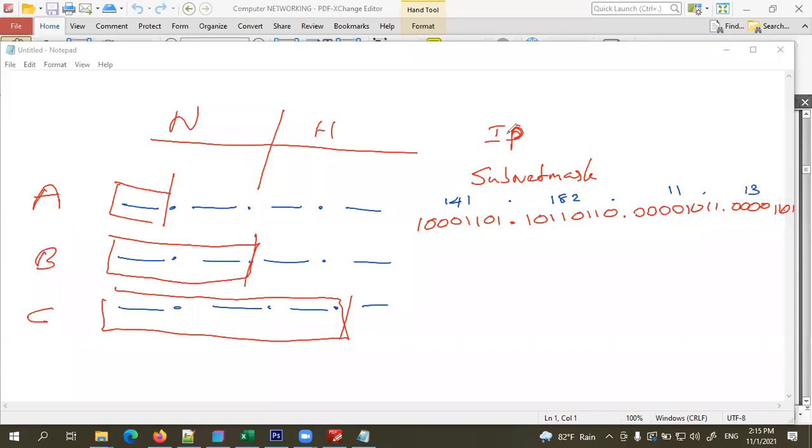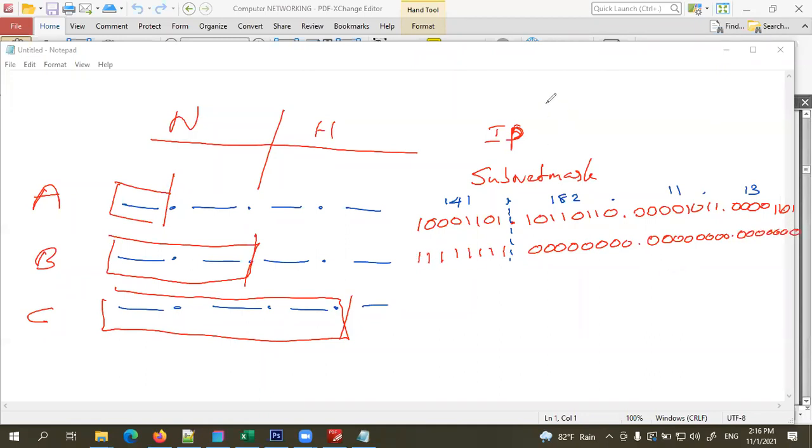Assume that we are going to divide this number from this point. Then we write the subnet mask by indicating that this part belongs to the network. To indicate the network portion we use 1, and on the other side we use 0, like this.